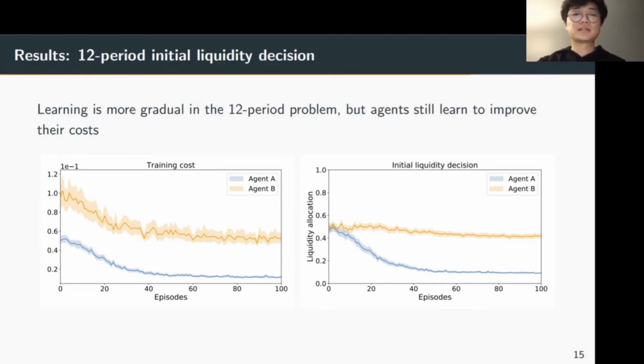We can observe that the learning process is more gradual as we increase the complexity of the problem. With increased complexity, we also see that the learning process is noisier than the simpler two-period problem. Note that there is no analytical solution for this scenario. However, we did a separate brute force search to verify that our agents' ending choices were within the range of the expected result that minimizes the costs in the system as a whole.